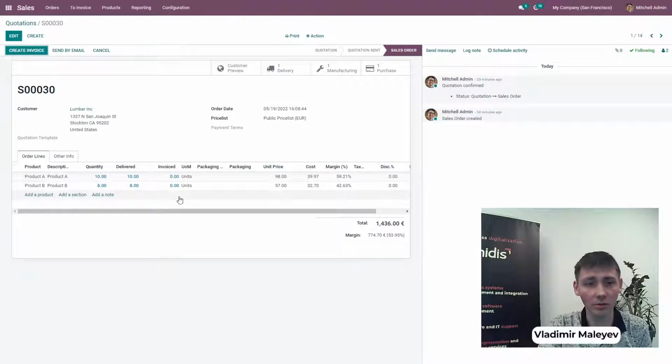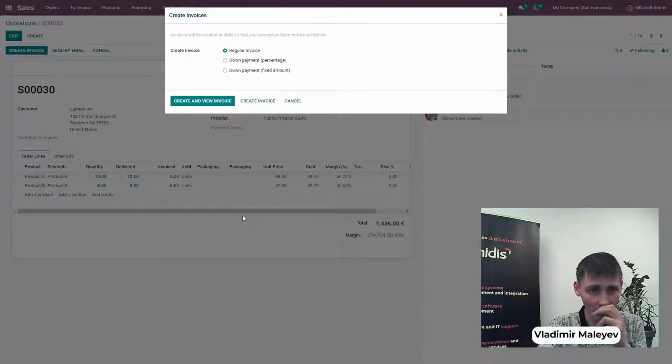We can also control this by looking at these columns. If we have an ordered quantity of 10 and 8, then the next 10 and 8 are already delivered, and then zeros are invoiced. That means that we need to create an invoice. Here we'll choose a regular invoice and create one